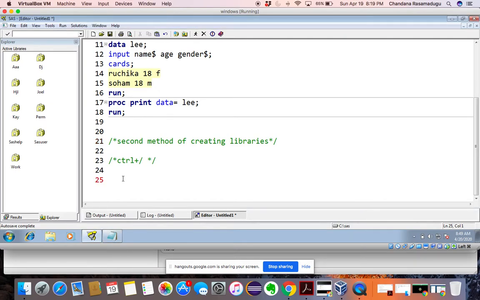Now I want to bring that data into my SAS session. For that, what you need to do is use the same libname statement, libname, and what name you want to give it here. You want to get the data into a separate library. What name do you want to assign? Maybe ABCD. That is the name that you are assigning. Now give the path. We already copied it, right? Now run it.